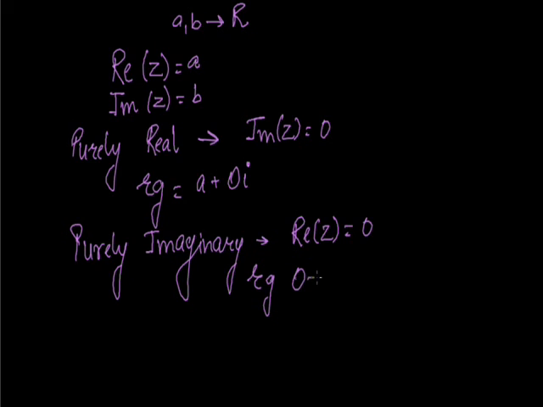Example, 0 plus 2 iota. The equation a plus 0 iota is purely real, since its imaginary part is 0. And 0 plus 2 iota is purely imaginary, since its real part is 0 and the imaginary part is something. Now next is